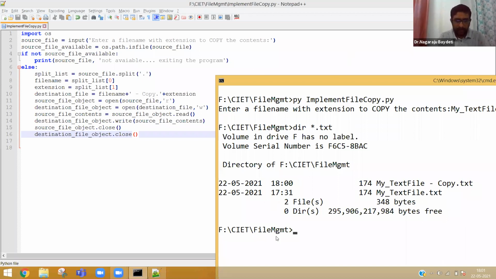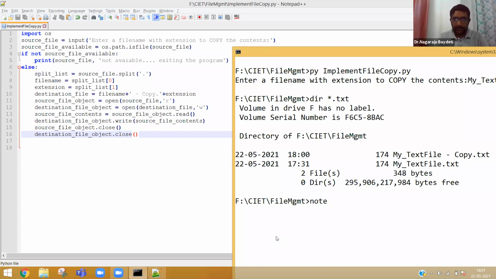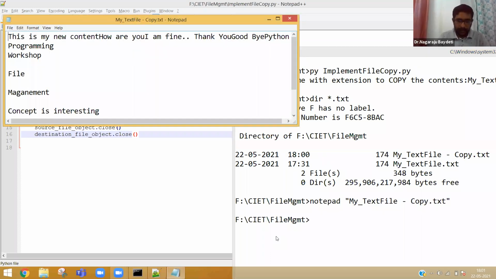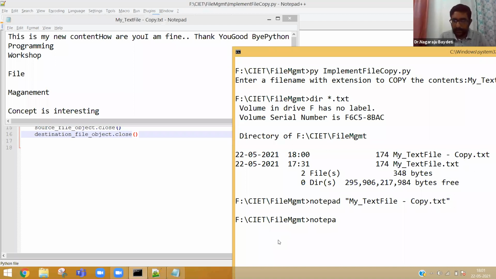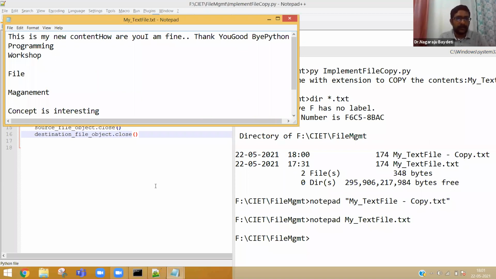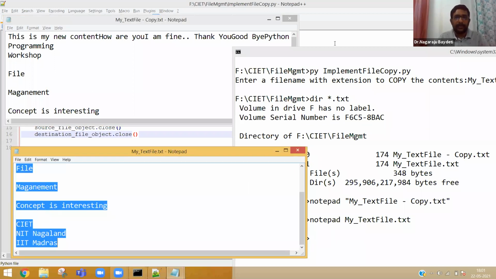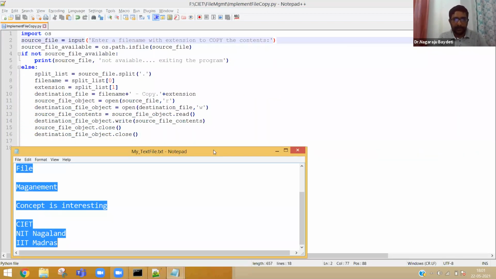If you really want to know, you can say notepad mytextfile.txt, and you can also open Notepad mytextfile-copy.txt also. Both are available. If everybody sees clearly, both are available. This is my program.